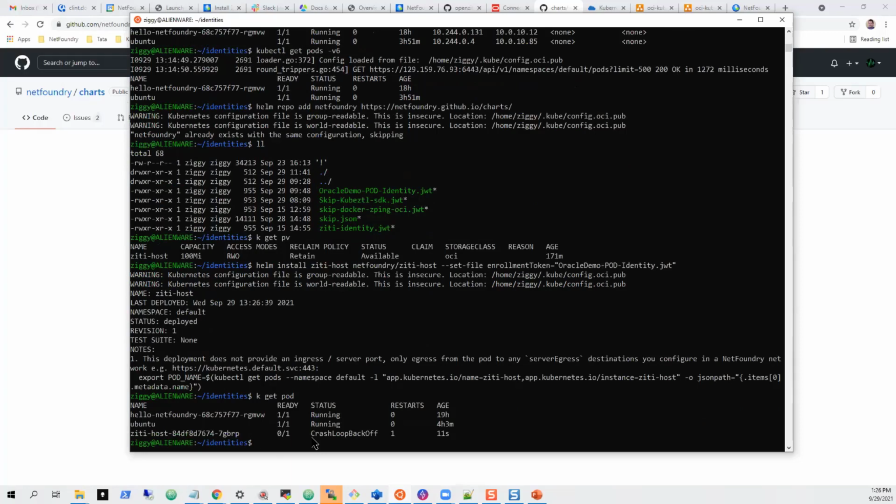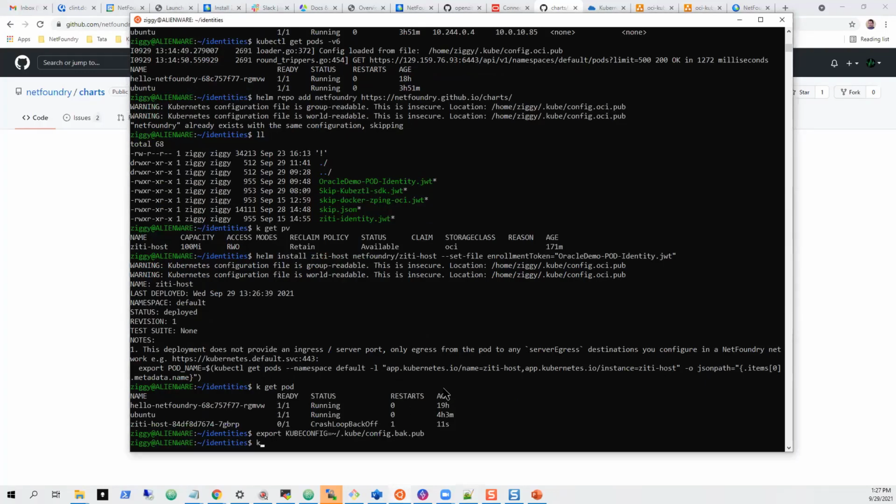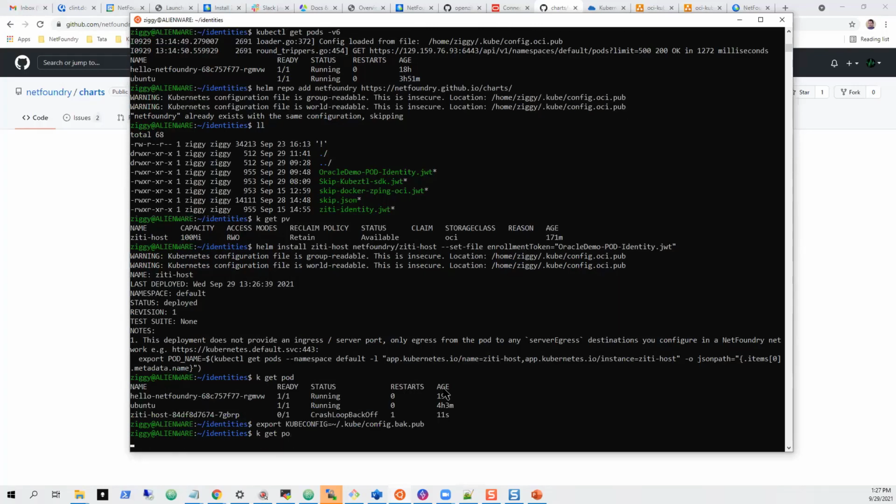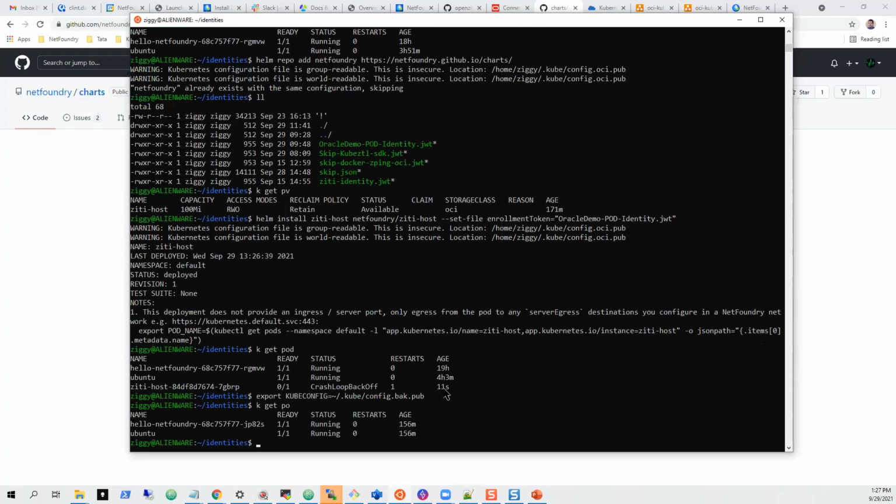And oh geez, of course it happens to me. Okay, not a problem though, because we can try it another way. It's always demo shenanigans, right? So now I have a different pod. I have a backup one. So I'll go get pods, same thing. I'll go K, which is short for kubectl. I have those same two pods in there. So I'll run the same exact Helm chart file for this right here.